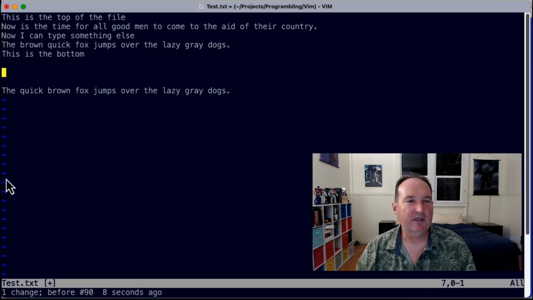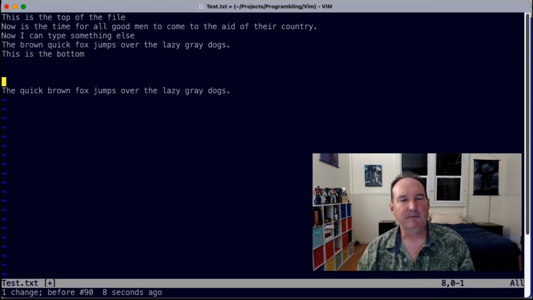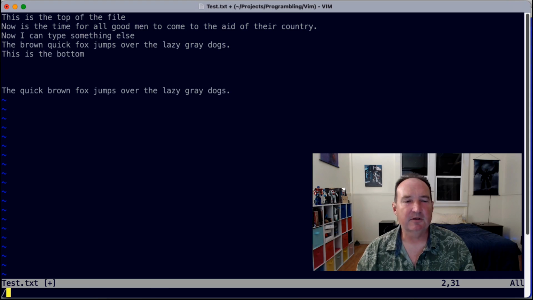Let's see, I want to do a little bit of a coding example so I can show you a few other things. Let me look at my cheat sheet, see if there's anything. Oh yeah, search and replace. I want to show you that. And a couple of other file commands. So how do you search for a word in your document or a pattern? Type slash in command mode, cursor jumps to the bottom, type the word you're looking for, I'll say lazy,